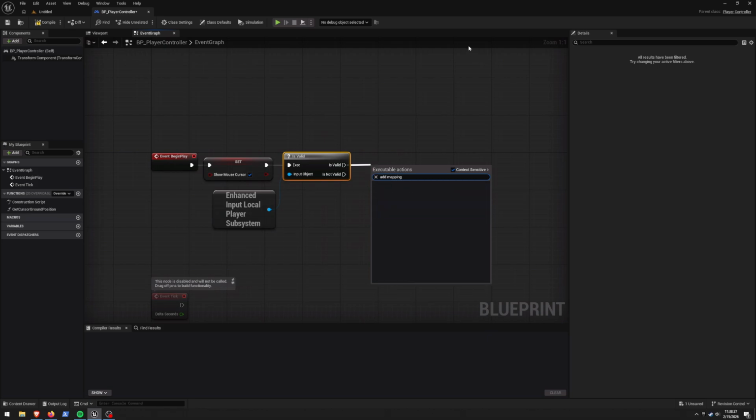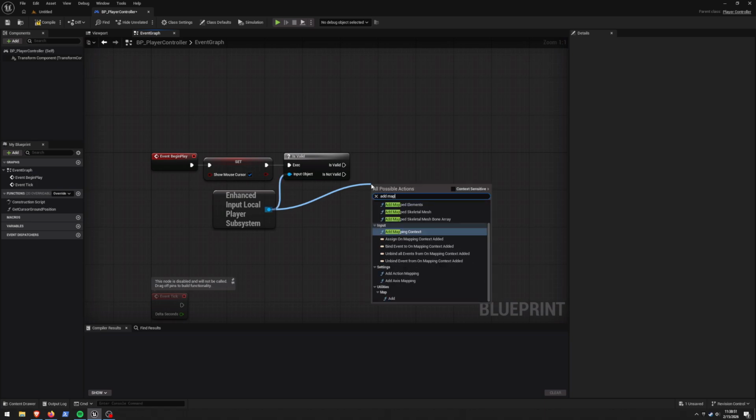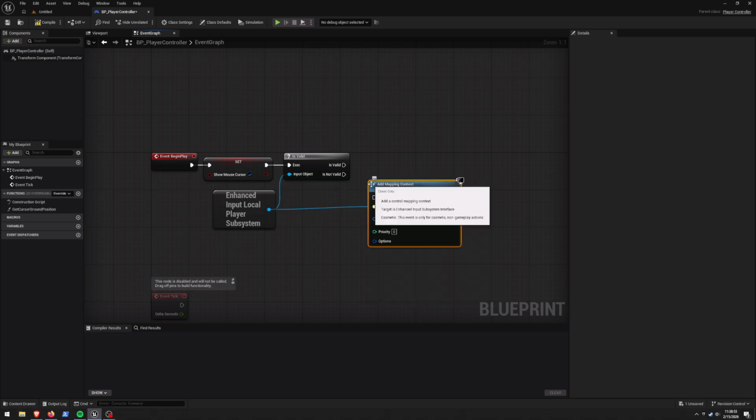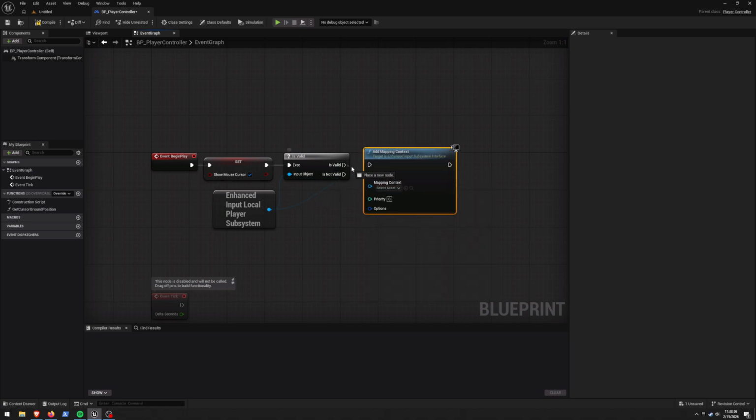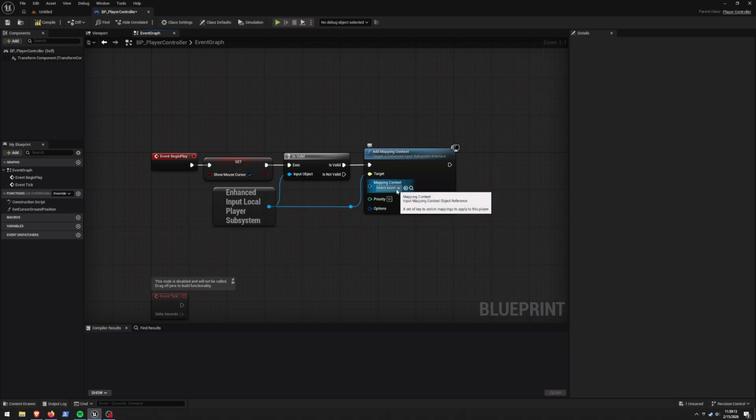But we cannot do it from here. We need the context, and I could add it here, but it's generally a good idea just for getting used to things to drag from the correct context, add mapping context. Get used to doing that, build the habit, and you won't have to uncheck that context menu every time. Double click the line here, make it a little bit nicer, and if you hover these over and hit Q, you can line them up. Then we want to select the mapping context that we made earlier, IMC top down,